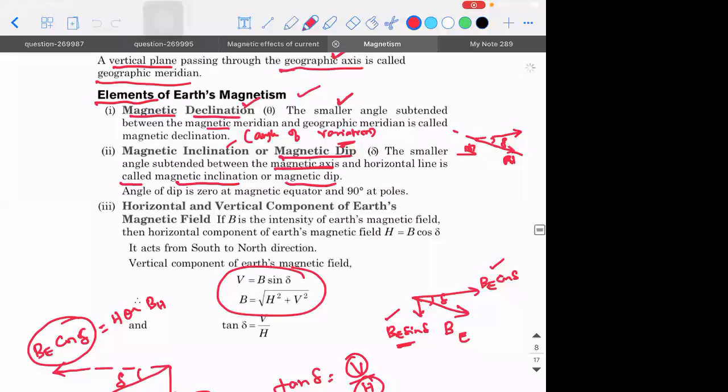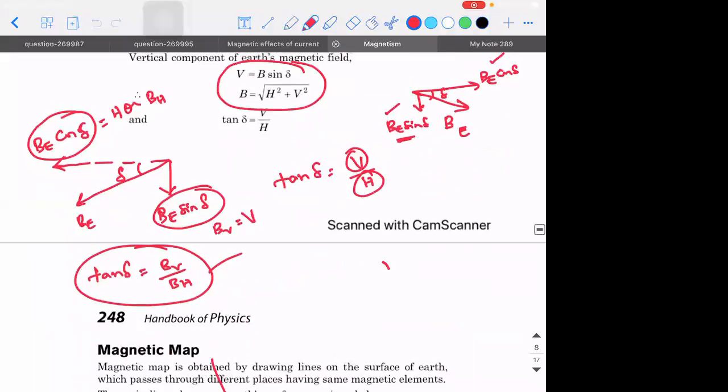Good. So once you know the magnetic dip at a particular location, suppose this is the Earth's magnetic field at a particular location, right? So this is north, this is south. We know that, because this is the compass needle. Take this as the compass needle. What is the direction of magnetic field? Outside the magnet, the direction of magnetic field is from north to south. Inside it is from south to north. And we know the fact that a compass needle is also a small magnet. So this is taken as the direction of Earth's magnetic field at that particular point. There is a small dip that is going to occur.